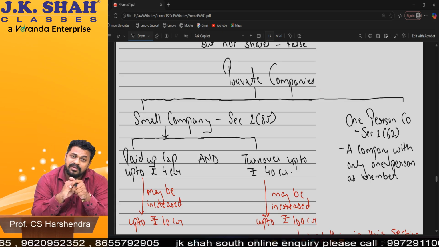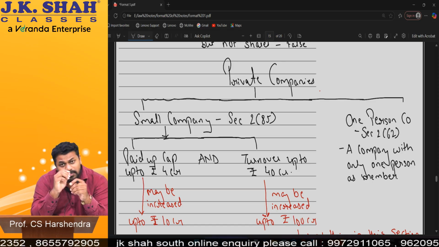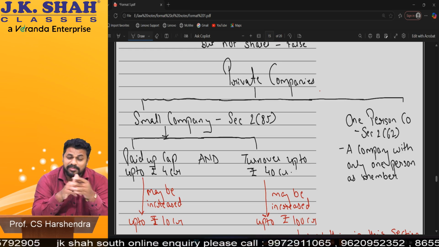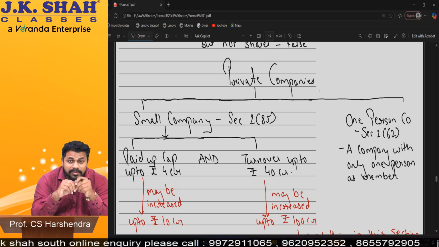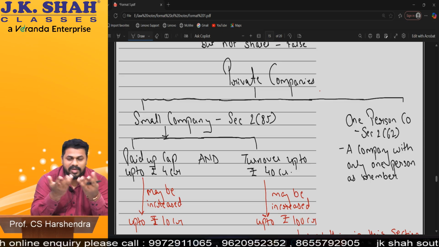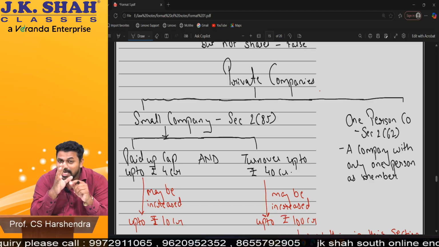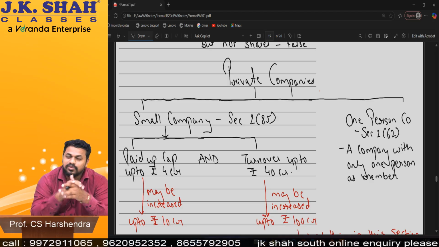Maximum number, 200. Correct. Minimum number of members in a public company, 7. Maximum, there is no limit obviously. Minimum number of members in a one person company, maximum 1 obviously. Minimum number of directors in a private company, 2. Minimum director is 2. Maximum